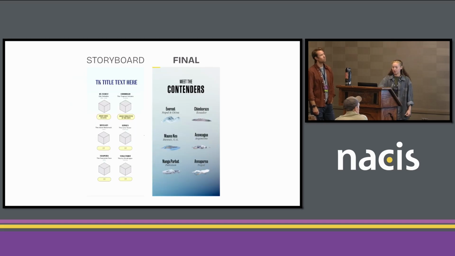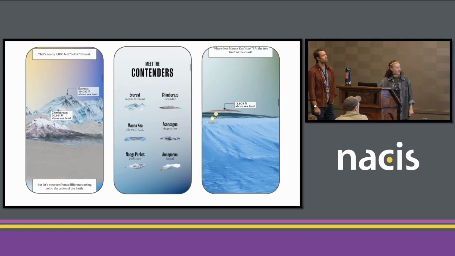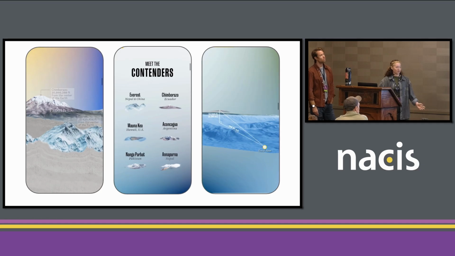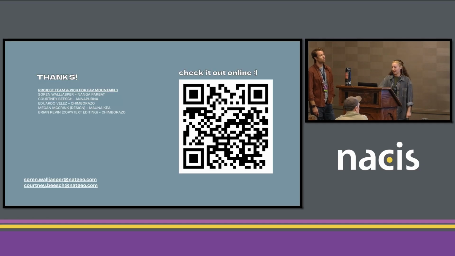And then we also knew we wanted to be able to show all of them on the same plane at some point. So they rotate, they animate. It's very beautiful. And these are just a few of the GIFs that were in there earlier, which give the overview vibe of the experience. And then this is the story team, and all of our picks for favorite mountain too. And we have a QR code to the interactive. I didn't check if it works, so I hope it does. But that's the interactive.